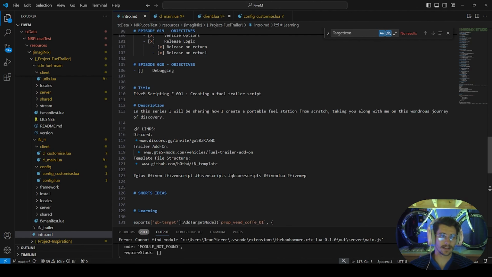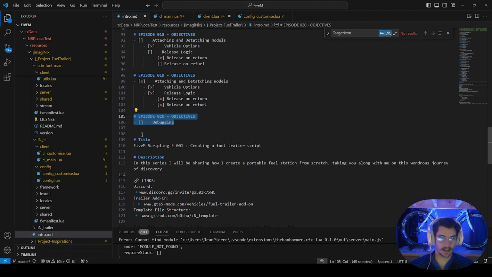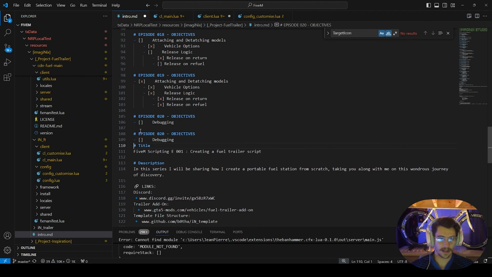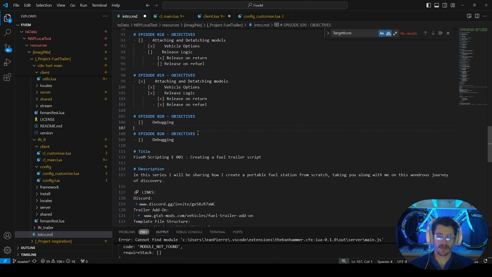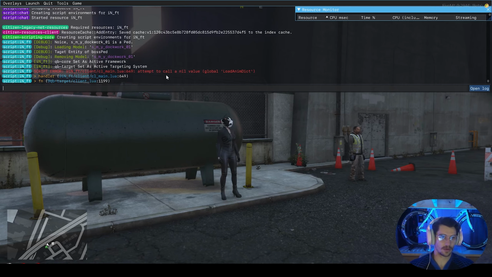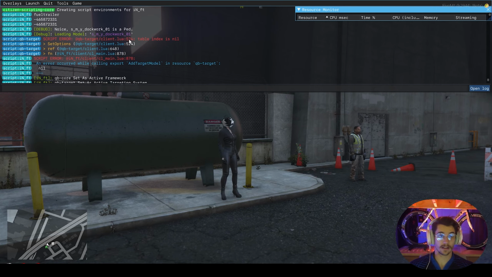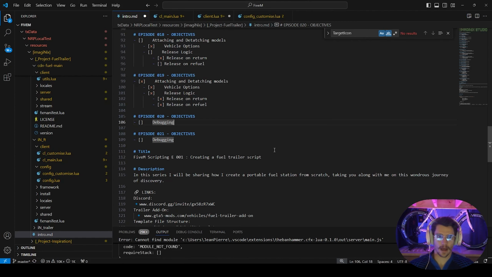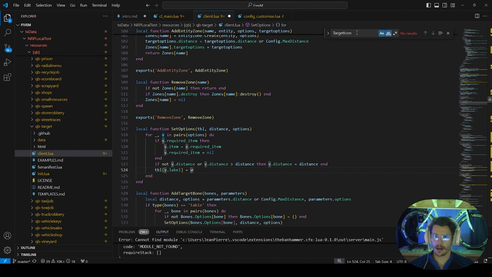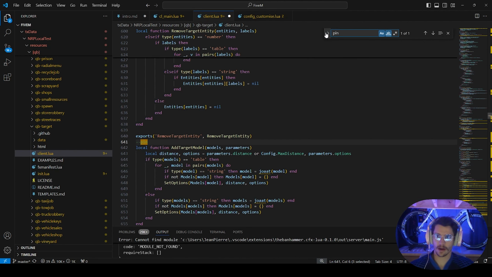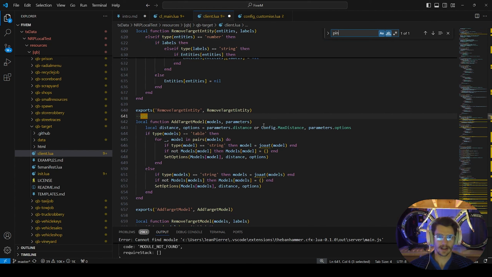I didn't even work on objectives for this episode because, I'll be quite honest, it is focused on debugging still. If you can remember from episode 20, we were struggling to get our QB target to work. We kept getting this issue where the table index is null, and I'd like to show you what I've done. I have been through quite the ordeal, right? So